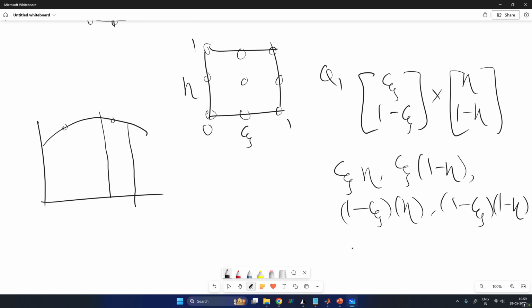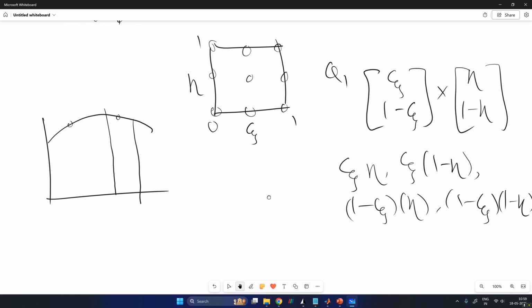So really what's happening is, let me just draw this again. If I'm just trying to evaluate this integral, and if there are 2 Gauss points here,